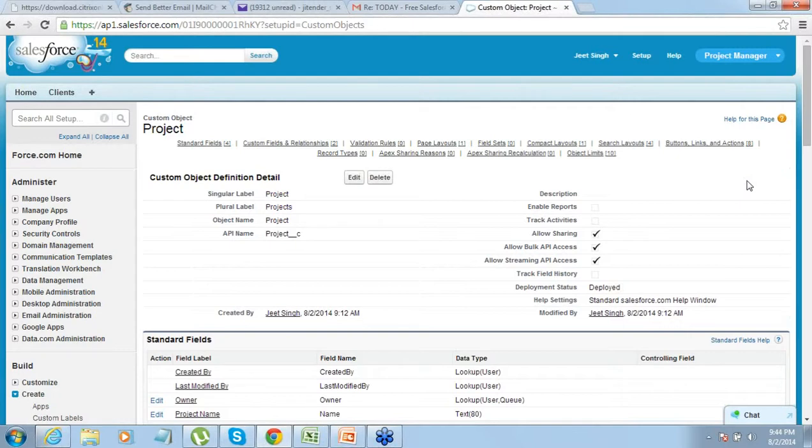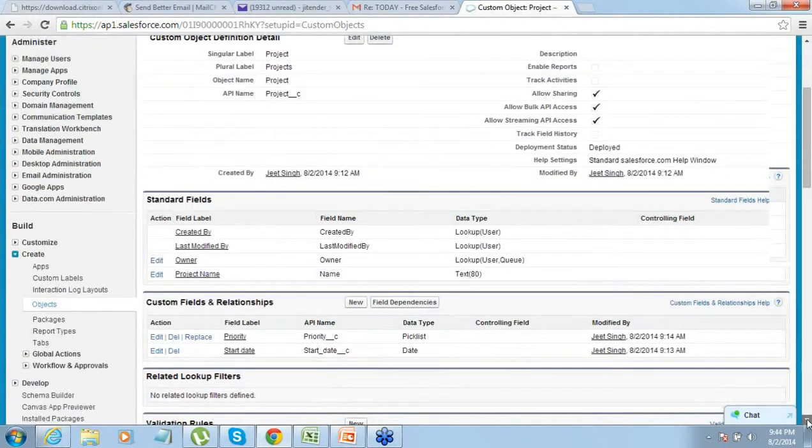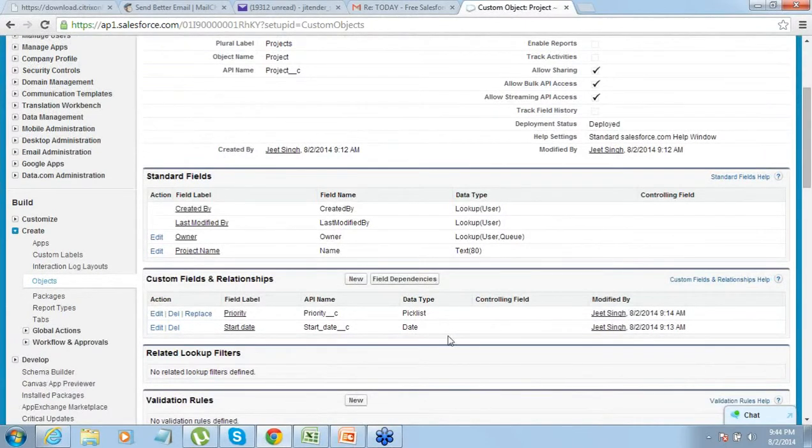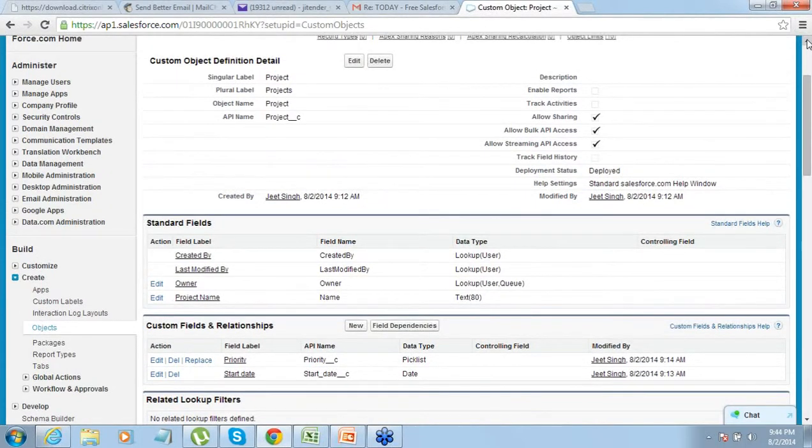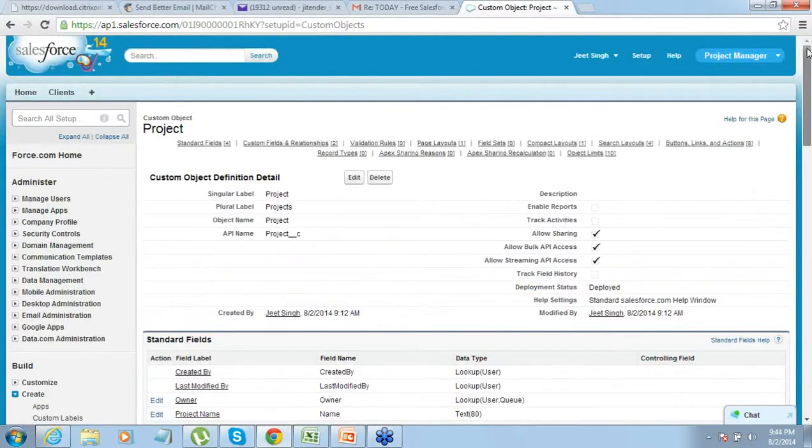You have successfully created an object to store project. Again, if you want to store more fields in project, you can again do that. You have more options, right? End date of the project, expected end date, actual end date, whatever you want, right? Project description, details. So those things all can be created, right?